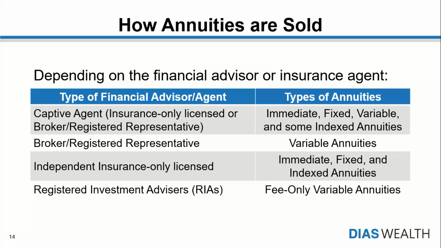Products are constantly morphing and changing. Now we're experiencing lower interest rates, so some products are even incorporating a fee, something brand new. So those are things you have to watch out for. But if you have these independent insurance only licensed individuals just selling essentially the same thing that they've been selling for the last 10 years, that does absolutely no justice. And then you have registered investment advisors. You have those fee-only variable annuities. A lot of times they might use the terminology of no load or no surrender charge. That's the key word there.